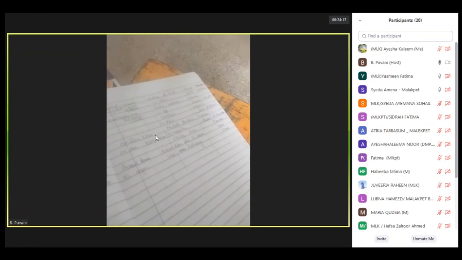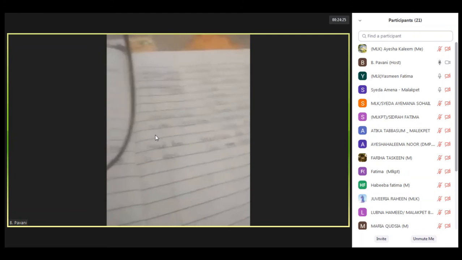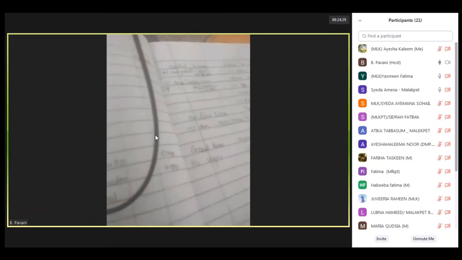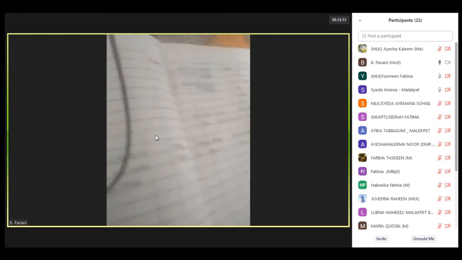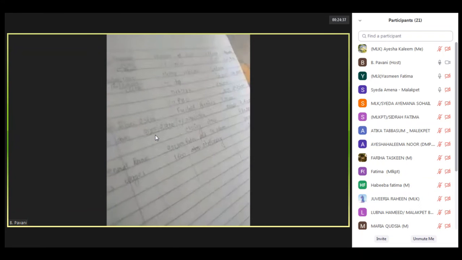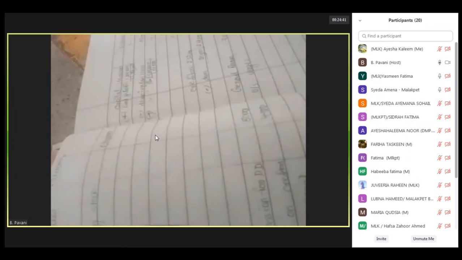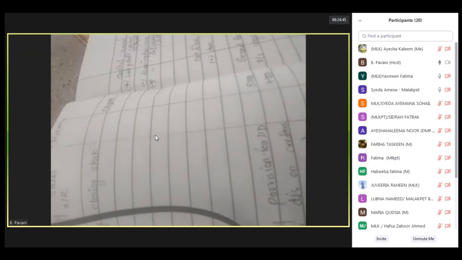Any doubt, girls? Again I am repeating, coming to adjustments, I don't think you have any problem in the posting. Again I am repeating about the adjustments. Coming to adjustments, as you can see, first one is the closing stock. So twice we have shown the effect. One time we have shown in the trading account credit side as closing stock, and one more time we have shown it under the asset side as closing stock. The next they have given that depreciation on motor vehicle, it will come in the P&L account debit side, and one more time we have subtracted from the motor vehicle.